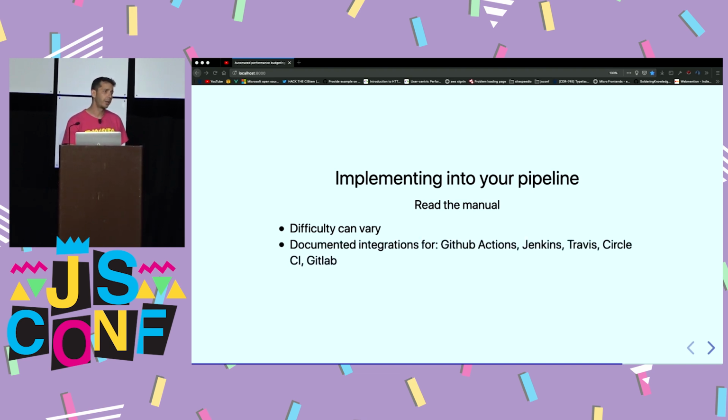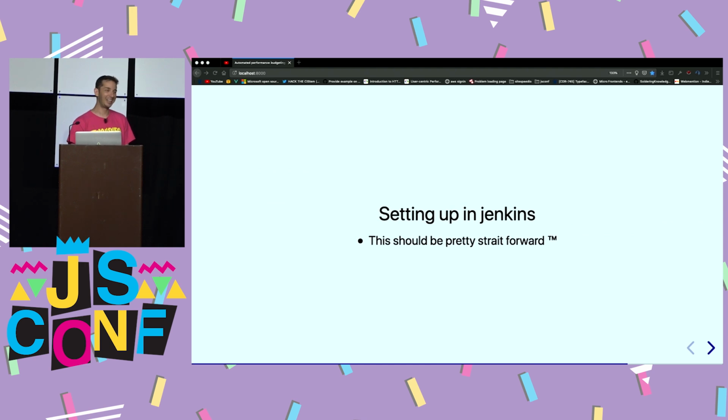I also integrated for work on a Jenkins instance. There's documented integrations for GitHub Actions, Jenkins, Travis, CircleCI, GitLab. The concepts are basically the same across platforms, but difficulty varies. For me, setting it up on Jenkins was difficult because at work we use